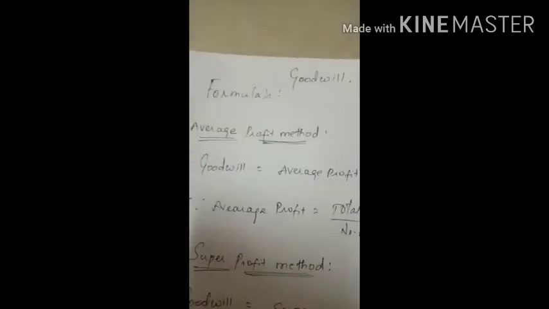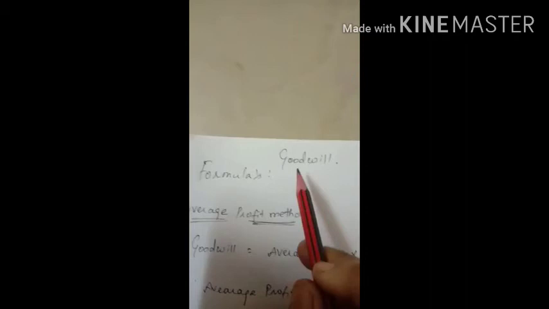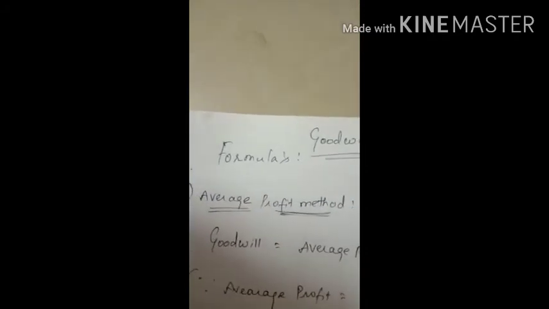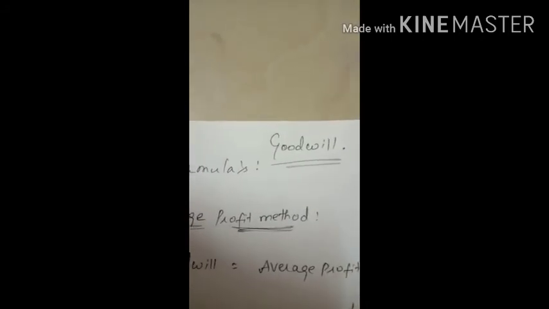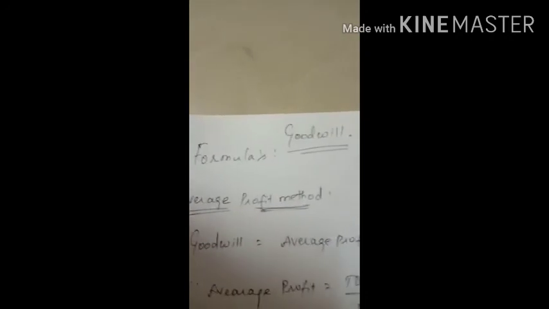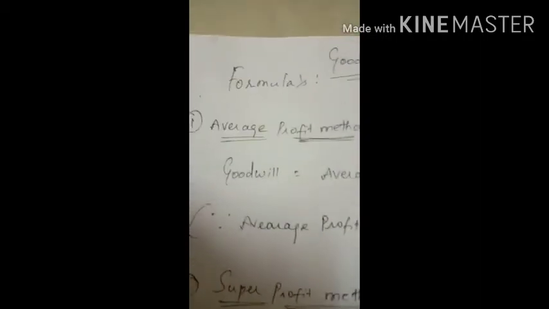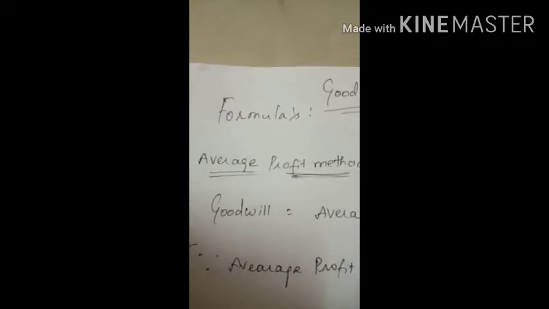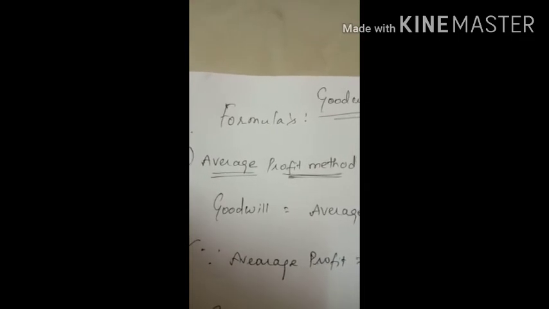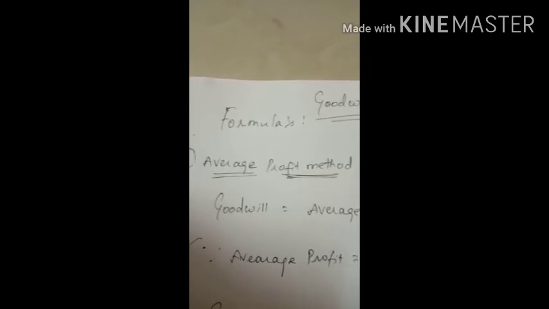Today let us see the formulas to calculate the value of goodwill. We are going to find what formulas are followed to calculate the value of goodwill. We must know how to derive the value of goodwill. We have already seen the methods: average profit method, super profit method, capitalization method. The first we have is the average profit method. To calculate the goodwill based on the average profit method, the company expects the profit, and this will be the profit amount for this particular year.